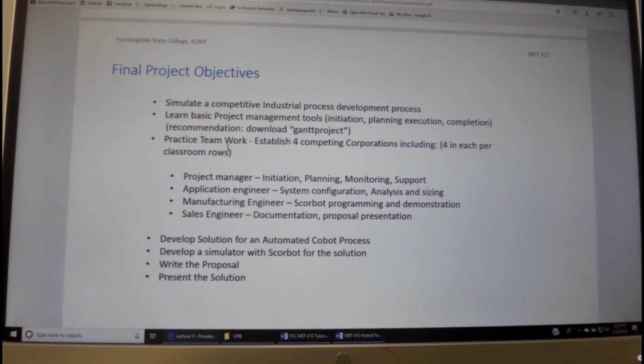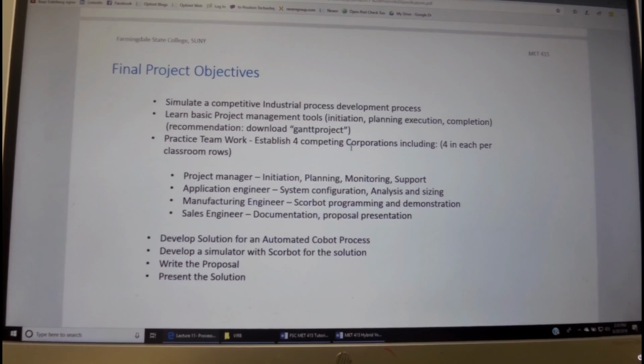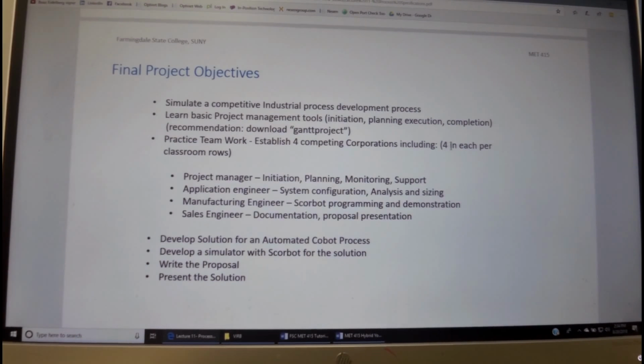We will also practice teamwork, establishing 4 competing corporations. Each will include 4 engineers, which is related to the role in which they're seated. We will have a project manager, which will do the initiation, planning, monitoring, and support.